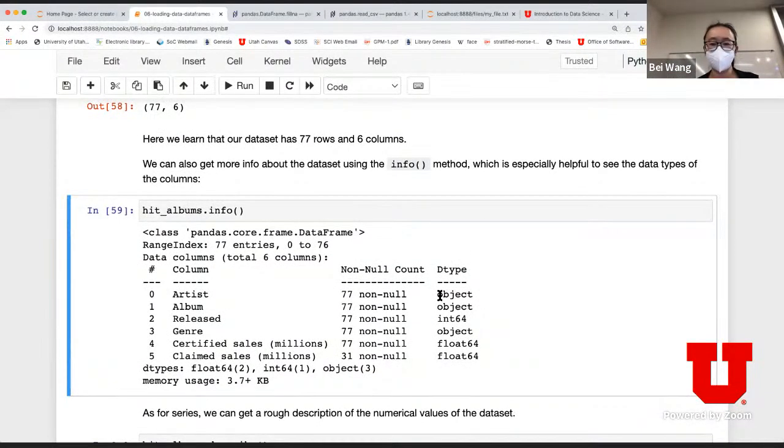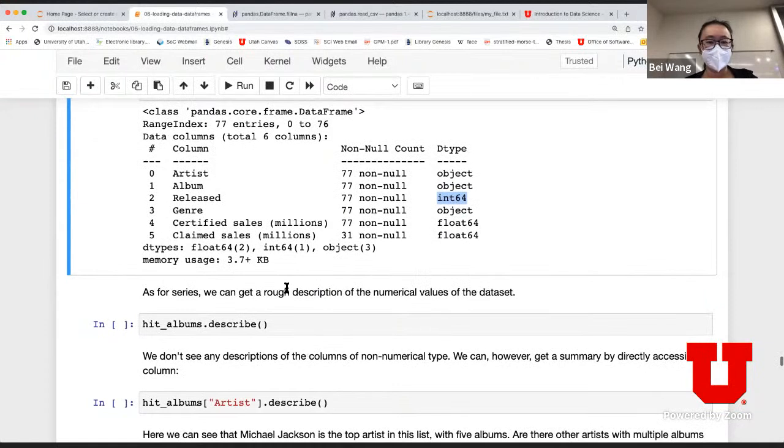Sometimes it's going to say this first column is an object, date released is an integer, and so on. It's going to try to make its best guess of what that type is, so sometimes it may not be accurate. This is actually a really important piece here. It tells you how much memory it takes to store this. Of course, this is very small, and modern laptops have pretty good memory. But if you have a larger data set, this is quite important to tell you how much memory the data set is taking.